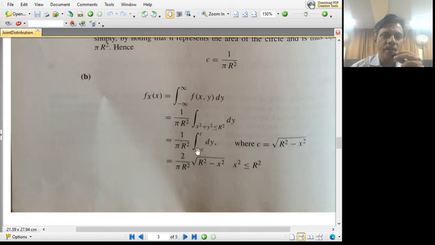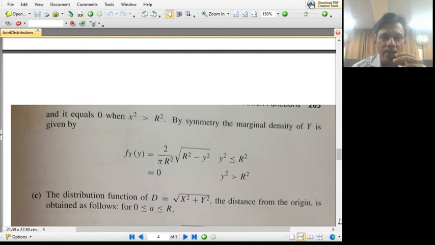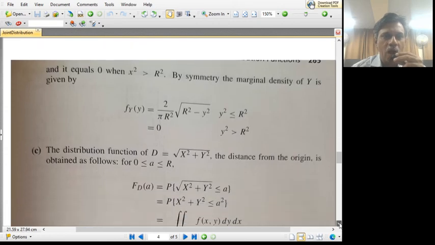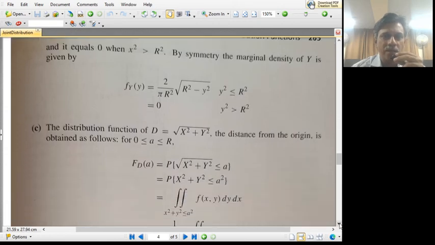Obviously, nearer to the origin you can see more concentration of probability as compared to away from the origin. By symmetry you can also tell that y will also have a similar marginal density function. Fy of y is also 2 by pi r squared times root of r squared minus y squared for this region